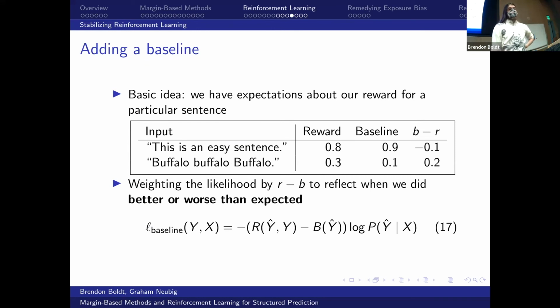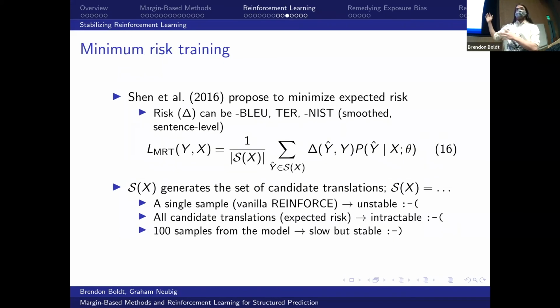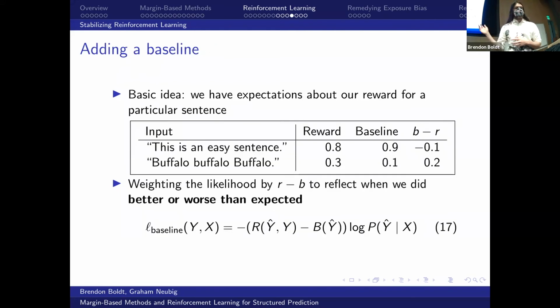Okay, so I'm just going to quickly offer some other ways within reinforcement learning that we can stabilize training. In minimum risk training here, the main way that we were stabilizing is by summing together many different samples before taking one gradient step and calculating the loss. Another way to stabilize reinforcement learning and help reduce the variance of the gradient, and maybe this is the one case where we do get a free lunch,